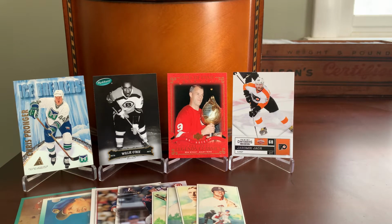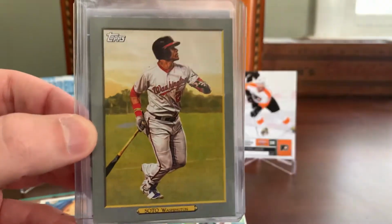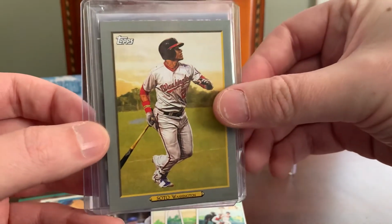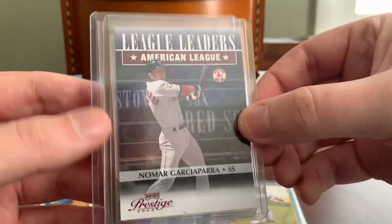Then we got a couple baseball singles here. So here's another Juan Soto, a Turkey Red insert, and that is a nice looking card right there. As with the previous one, that is headed straight to the Soto Z Folio. We've got from Prestige here a Nomar